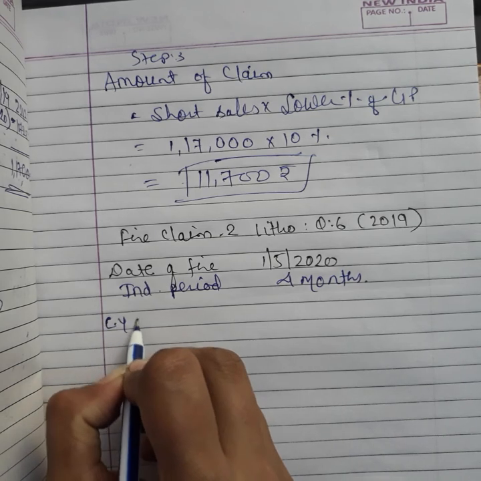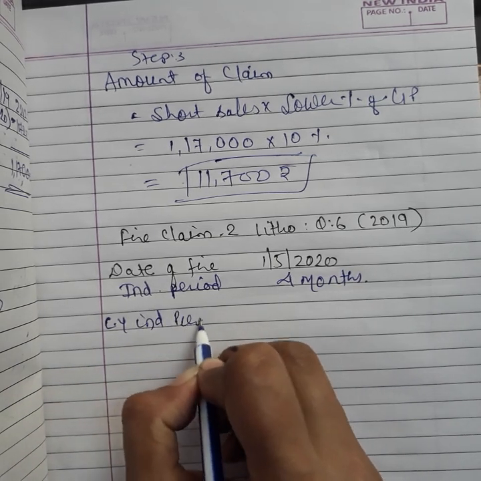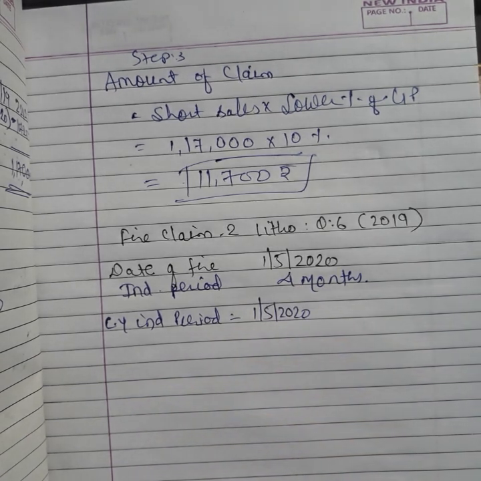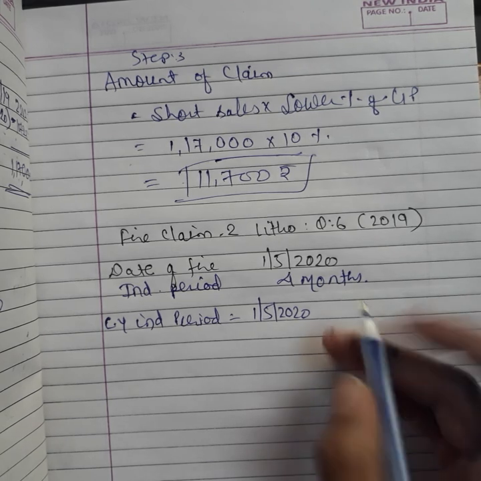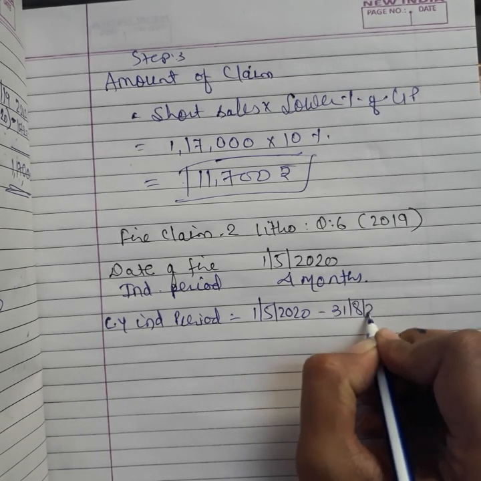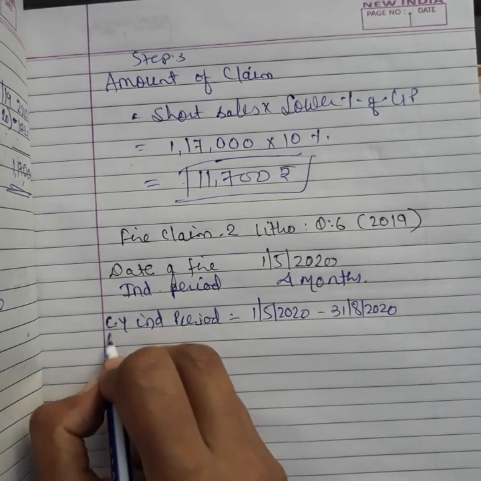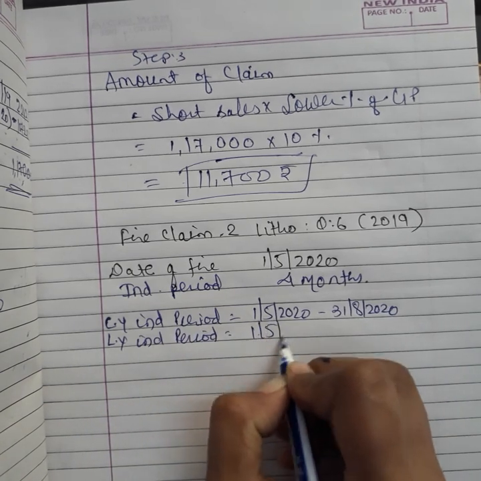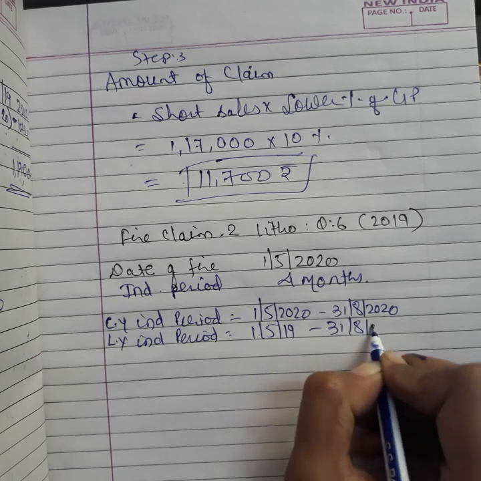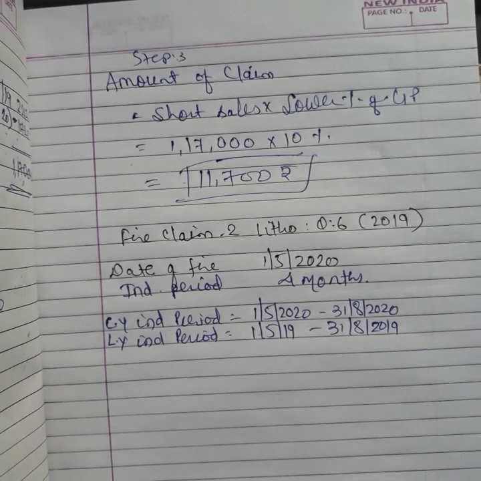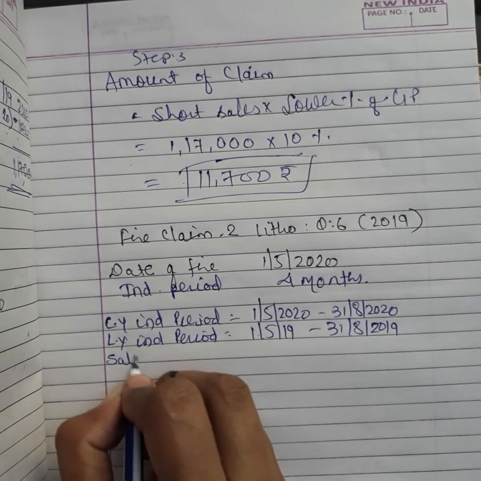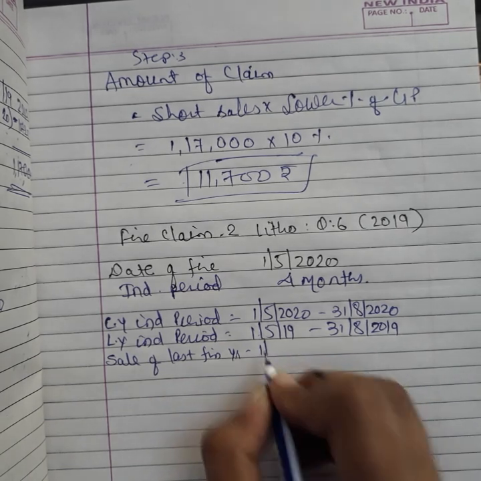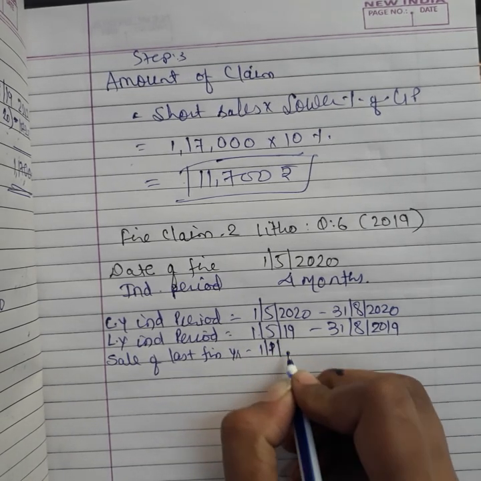So current year indemnity period, 1/5/2020, add 4 months. So 5, 6, 7, 8. So up to 31st/8/2020. Next we want last year indemnity period, which is 1/5/19 to 31st/8/2019. Right? Then we want sale of last financial year. 31st December is the year end, so it will begin 1/1/19